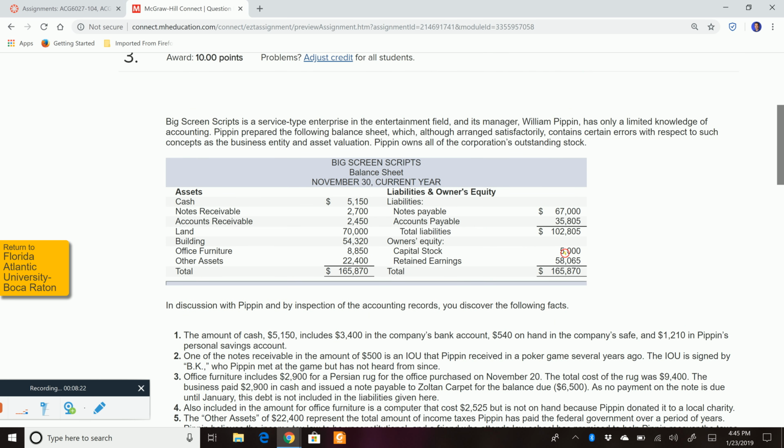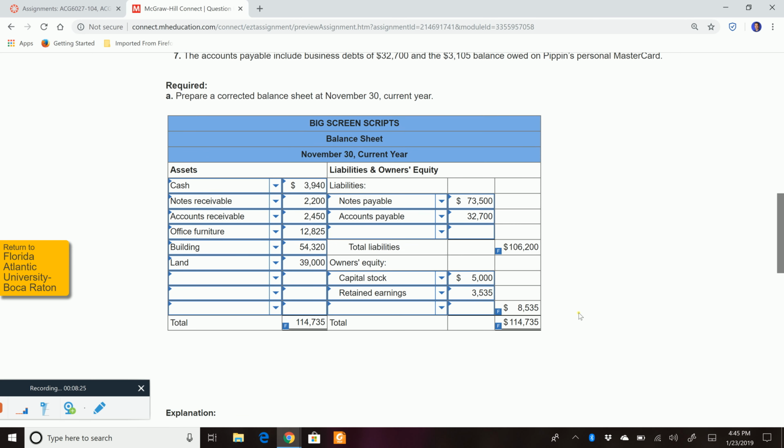The capital stock is $5,000, and that doesn't change. And the retained earnings is basically going to be the plug number. And what do I mean by plug number? Well, we know our total assets are adjusted to $114,735. We know our liabilities are $106,200. We know our capital stock is $5,000. Well, we need the total on this side, liabilities and equity, to equal the total assets. And in order to do so, our retained earnings are restated at